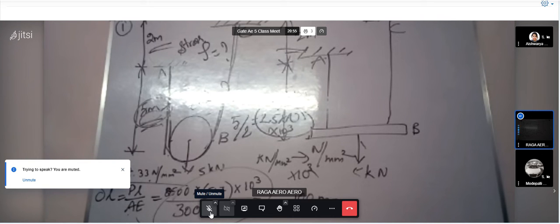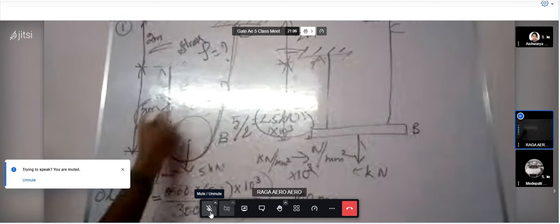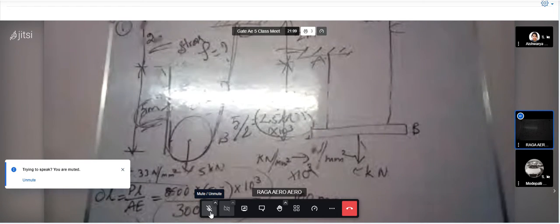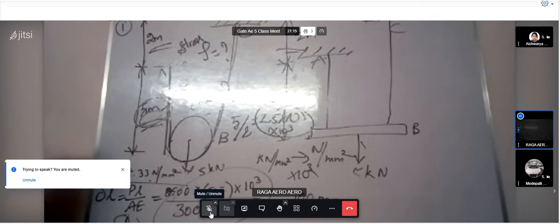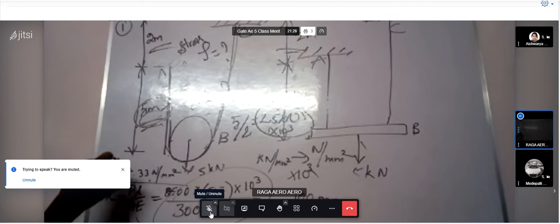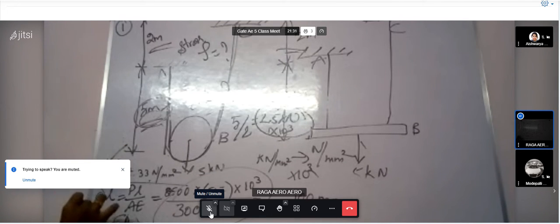So for the deflection of the pulley, we need to divide it by 2 ropes. Here including 2 ropes, right? So we need to divide this value by 2 ropes. We will get the deflection of the pulley. So the deflection of the pulley will be 100 divided by 2, so that is your 50 mm. Have we found out the deflection in the entire system and the deflection of the pulley.